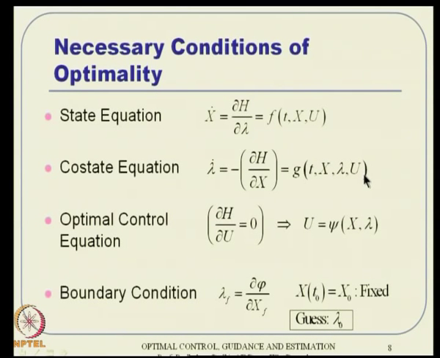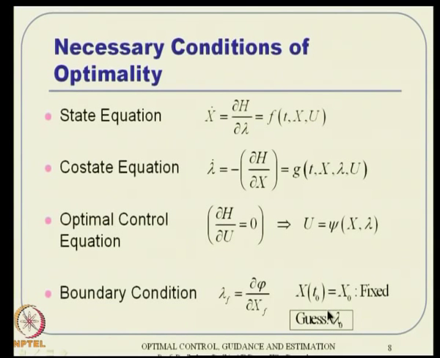You can guess from t0 to tf, and once you guess u, then you can integrate the state equation, because x0 is available and your control history is available. So, you can integrate from t0 to tf using that particular guessed control history. It is nowhere close to optimal in general, but use that control history because that is an intuitive control anyway. You integrate this state equation from t0 to tf and get your xf, and once you get your xf, then you can get this lambda f. And once you get your lambda f, then using this condition you can integrate this equation backwards from tf to t0, and that is how you get a guess value for lambda 0.